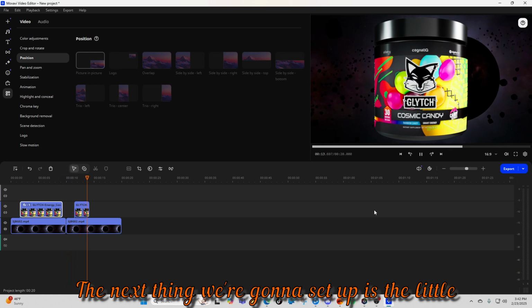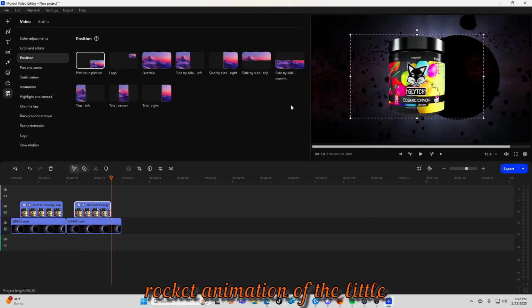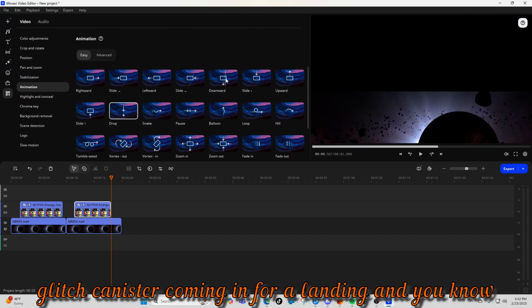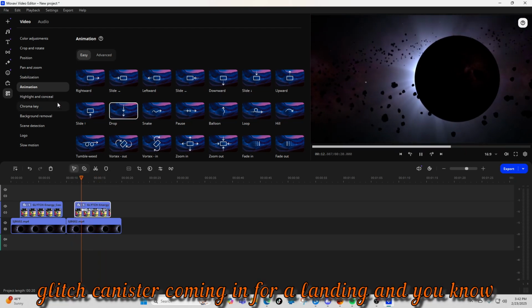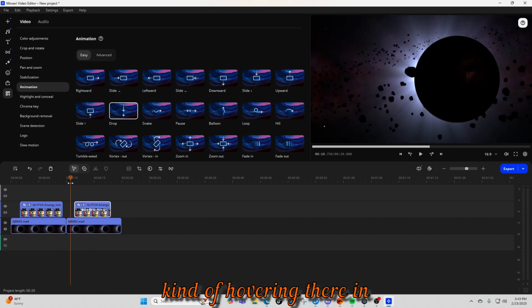The next thing we're going to set up is the little rocket animation of the little glitch canister coming in for a landing and, you know, kind of hovering there in the